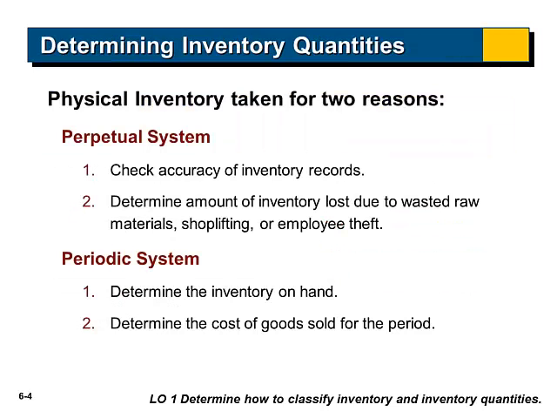Okay, so we talked about inventory in two different environments, a manufacturing company and a merchandising company. Now let's talk about how we figure out the number of inventory items that we have. Before we can put a dollar value on the financial statements and say that Coca-Cola company has $10 million of inventory and include that number on the financial statements, we need to come up with a quantity first. How many Coke bottles does Coke have? How much syrup do they have? And so what we need to do is we need to figure out the number and then apply a value